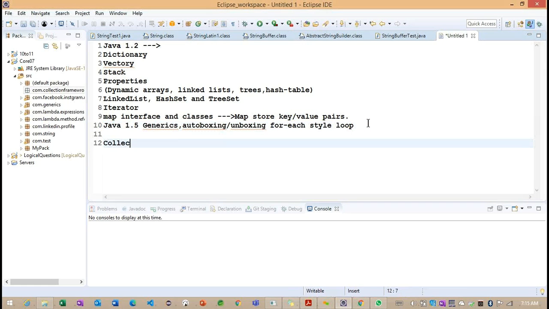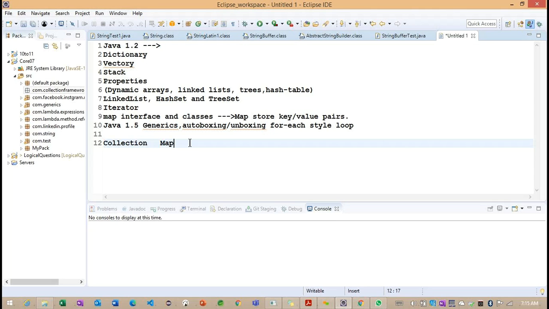If you observe, collection is one part and map is another part. First we are going to complete this collection and later we'll move on to the map section, because the collection will store objects, but map will store key comma value. We'll see the map related concepts later, because in the entire collection framework we have two concepts: the first is collection and the second is called map.